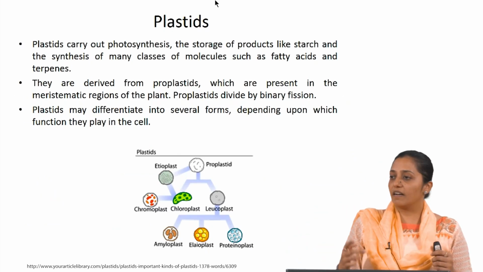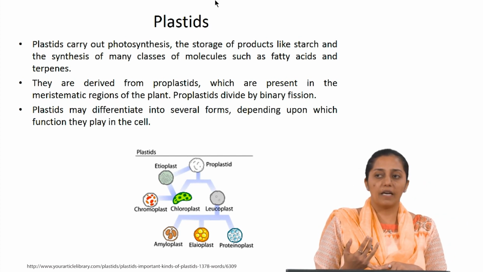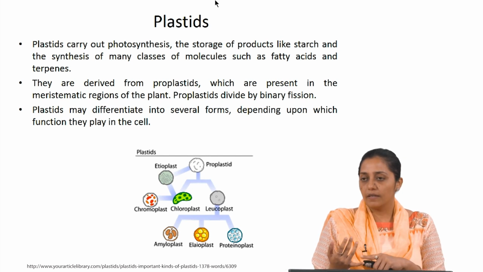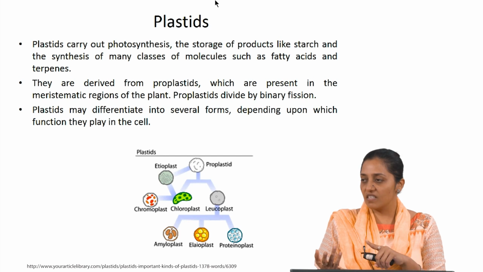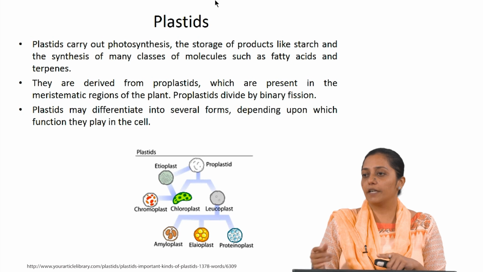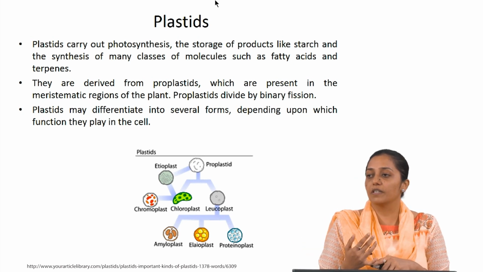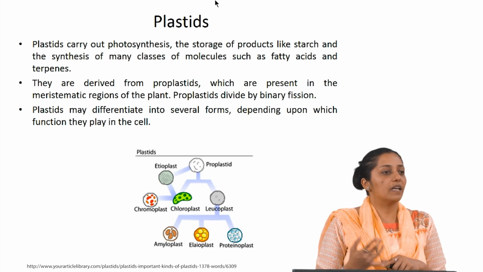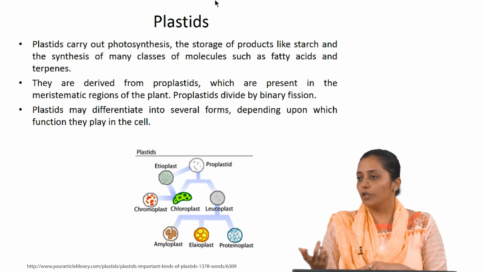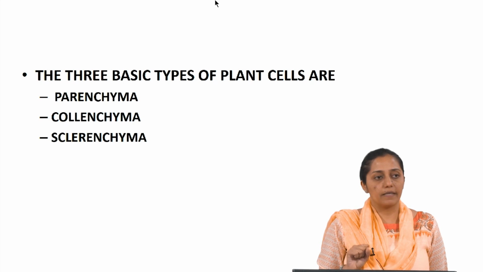Now plastids, there are very different kinds of plastids I was mentioning. Chromoplasts are the kinds of plastid which can store your colored molecules. Then chloroplast for photosynthesis. Leucoplast is for storage of many different kinds of molecules, where they are further divided into amyloplast, you must have heard, for starch. Then elaioplast for oils, granules. Then proteinoplast for proteins.